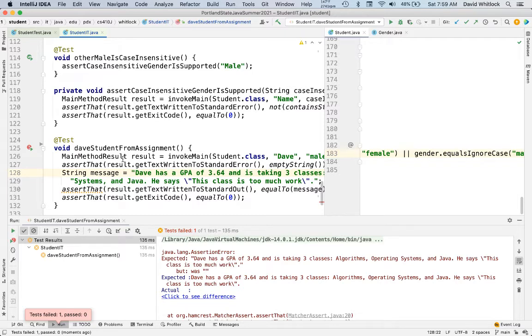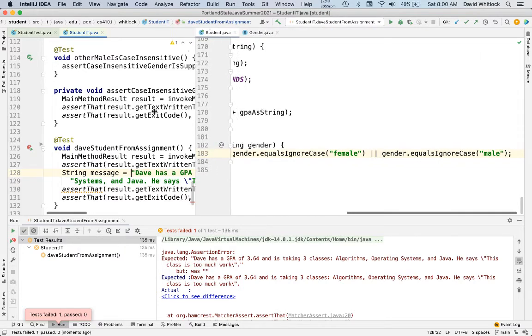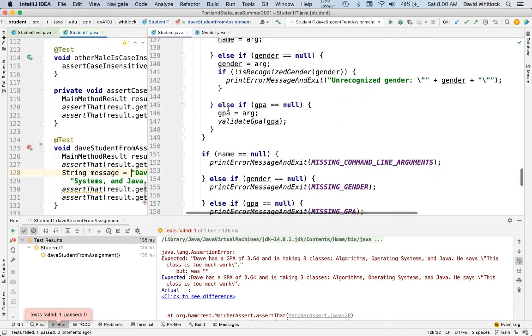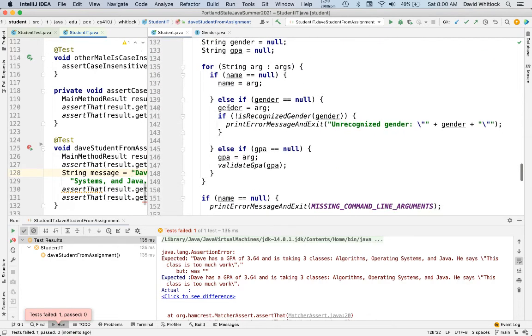And by the way, I don't feel the need to test one class, zero class. I've already got tests for that in my unit tests. I think that's sufficient. So let's see if we can just get this one working, which actually might not be an easy task because ultimately what I need to do here is